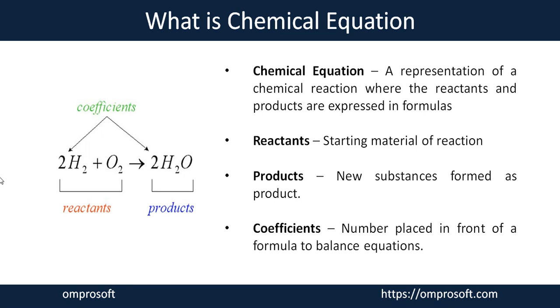So according to that, we need to make a complete balanced equation to show a complete representation of any chemical reaction. So whenever we are going to write any chemical equation, we need to mention all these three things. What are reactants? They are always mentioned on the left hand side. What are our products? We need to mention them on the right hand side. And this arrow shows in which direction the reaction is going to move on. And this coefficient we mention to balance any chemical equation to give a complete representation of any chemical reaction.